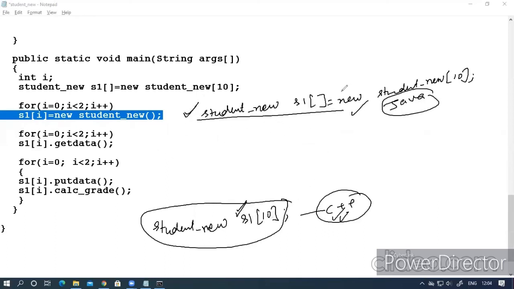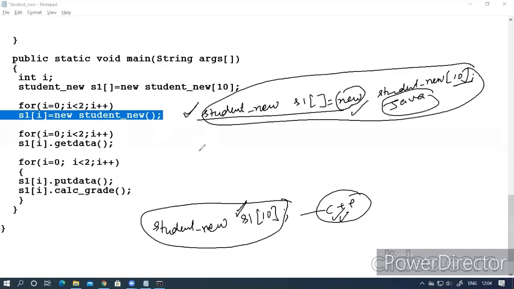So the syntax is this for declaring the object array. After this declaration, you have to allocate memory also.